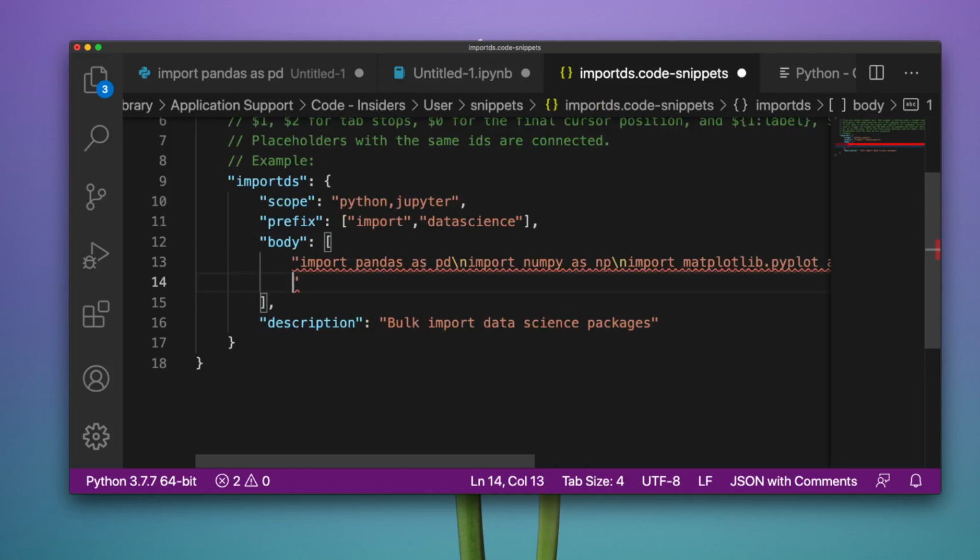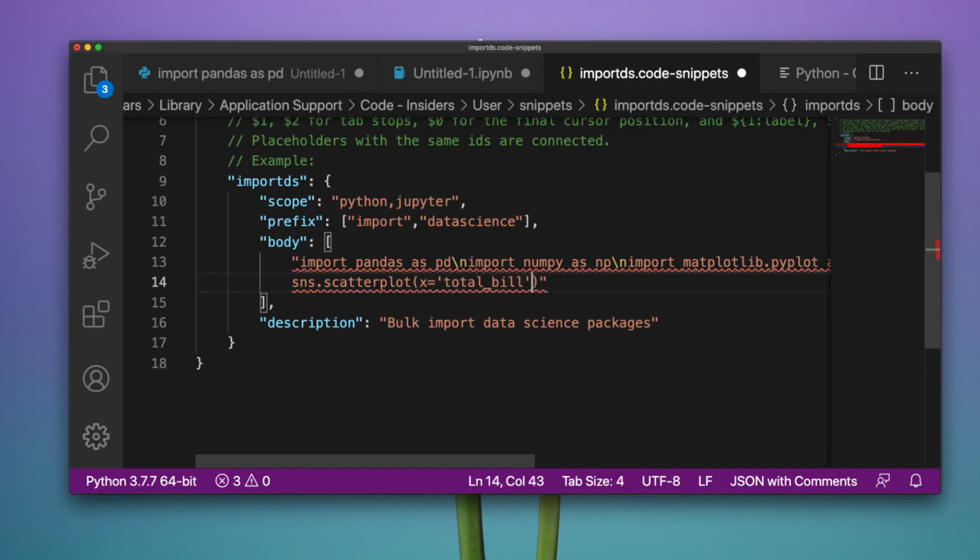What's next? I want to say df. I want to say sns.scatterplot, and in that I want to say my x is equal to total_bill, and my y is equal to tip, and my data is equal to df.